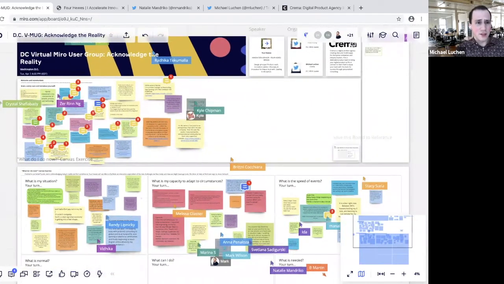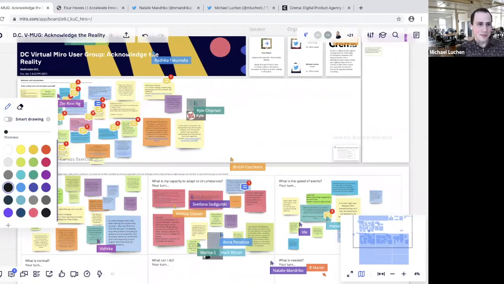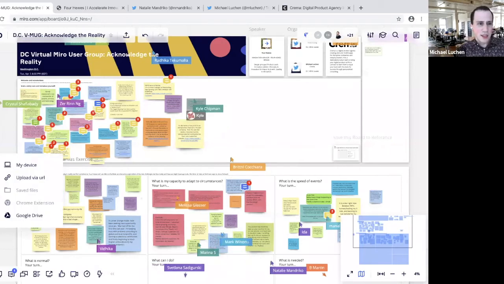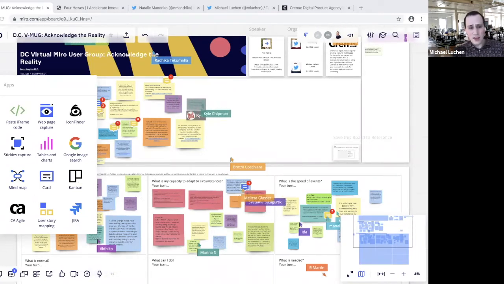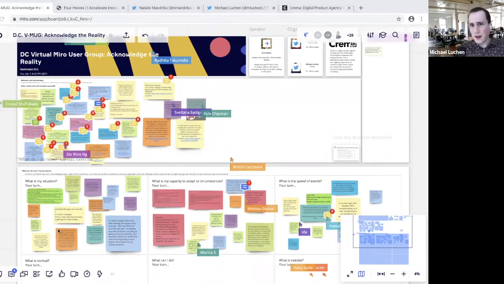One of the things that Miro has is a plethora of awesome tools here to drag sticky notes over, and you can even freeform draw if you want. And one of the things that's really nice is if you use an iPad or a similar tablet, you can really replicate that whiteboard experience from wherever you're at. There's commenting, you can upload images and all sorts of things. And then there's a bunch of other tools in here too, like adding Kanban boards for planning, integrating it into Jira if you're using it for software development. And if you create your own Miro account, there are a lot of templates that you can leverage too. It's incredibly powerful. I really recommend diving into it.